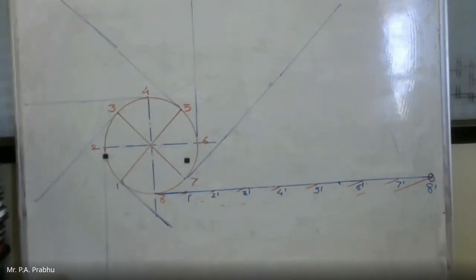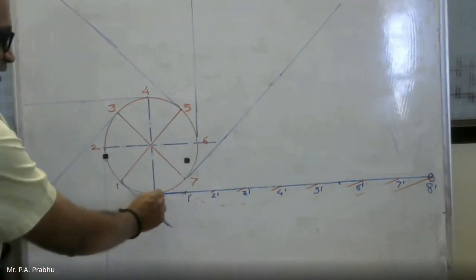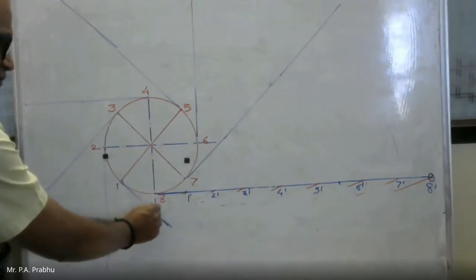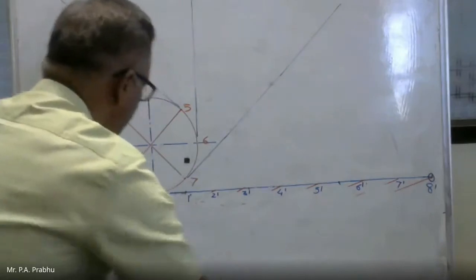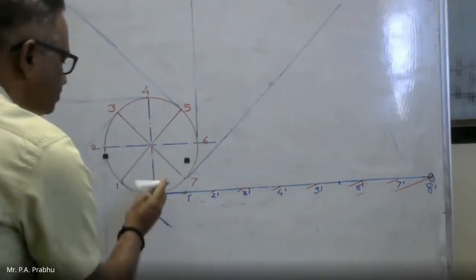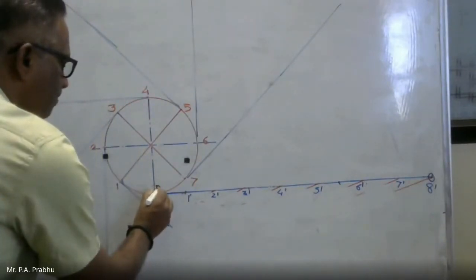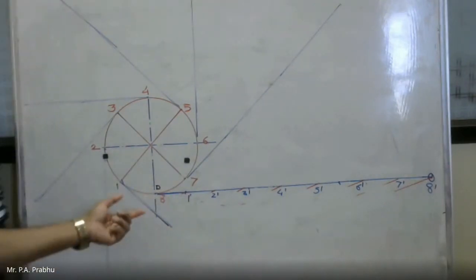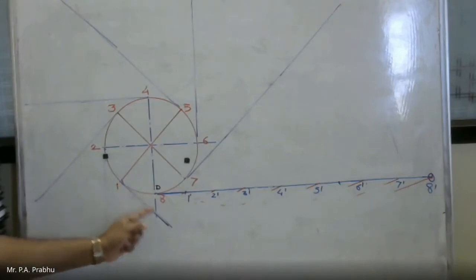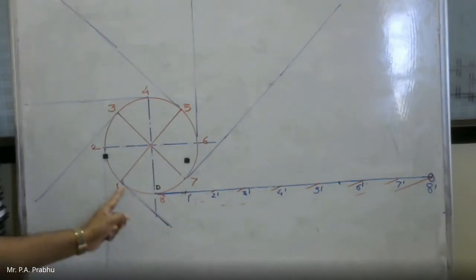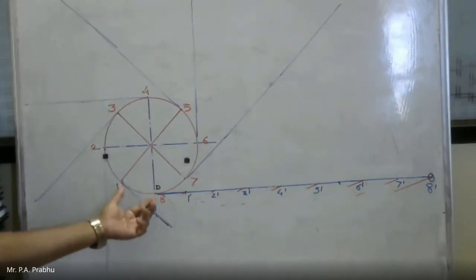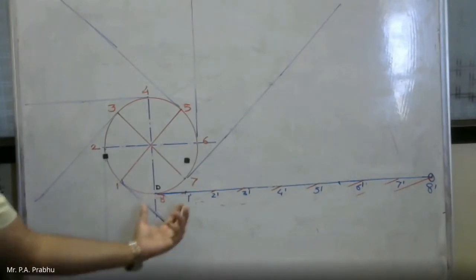Now if I start to open, okay. So I have started to open this thread. So I have opened this one, so this point will come here. So I will assume that P point is here. So if I open this, the position of the thread is like this, which is tangent at point 1. So that distance will be equal to 1 to P, or the 1 division